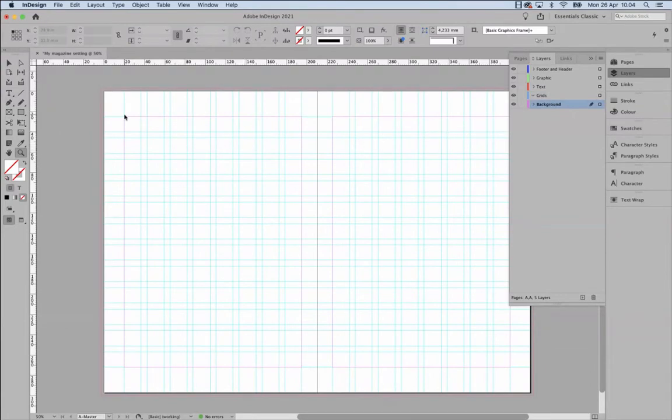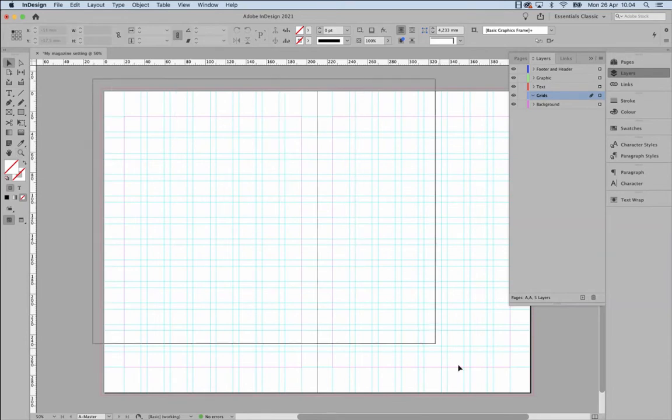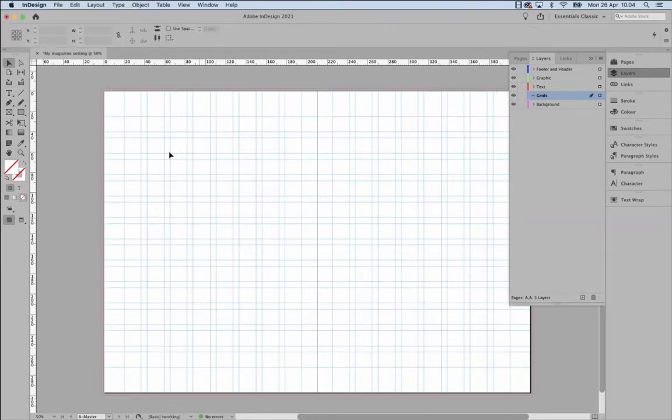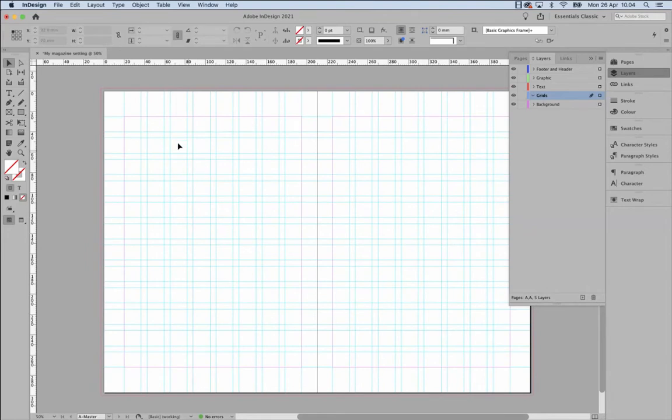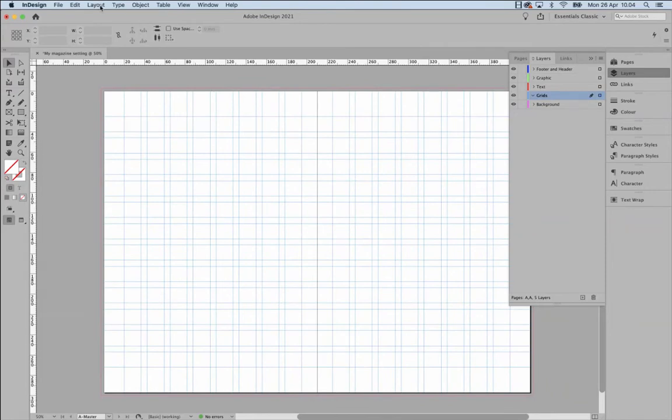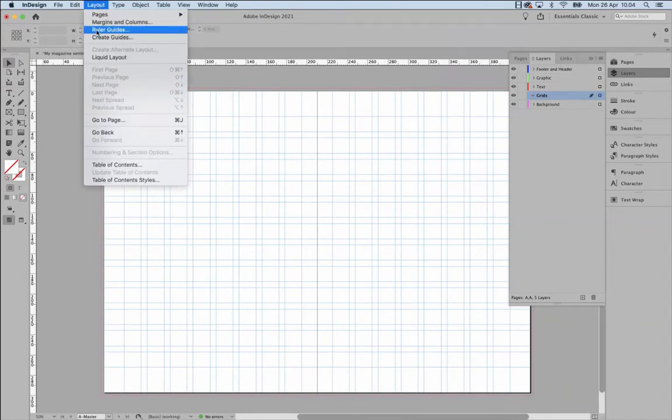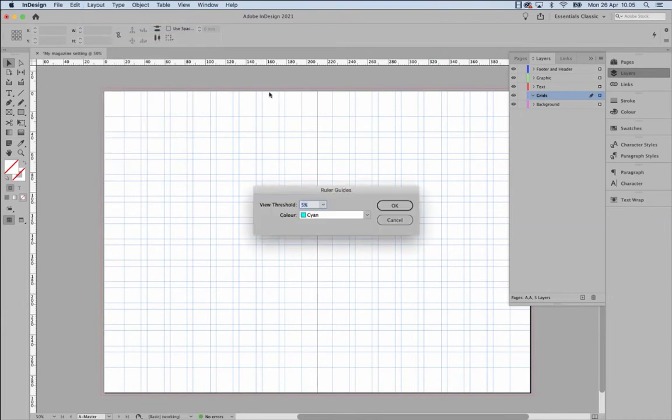Okay, so the next thing we'll do is to also see which other options there are for creating grids. But one thing I'll show you first, and I've shown you this before when working with grids: if it's almost impossible for you to see the grid, you can simply select the entire grid, and you can go to layout, ruler guides,